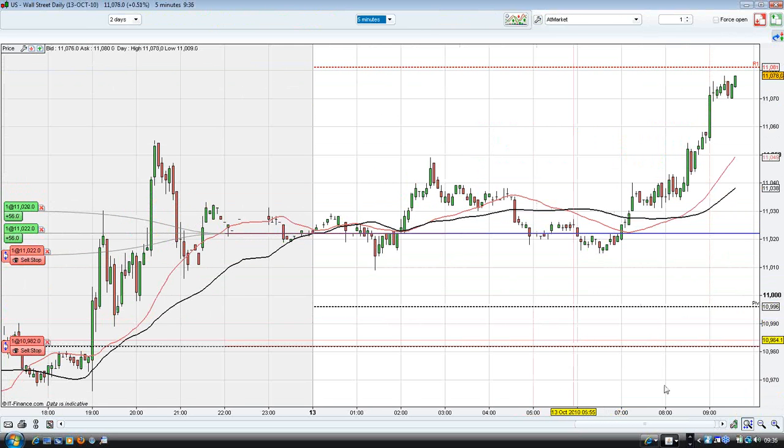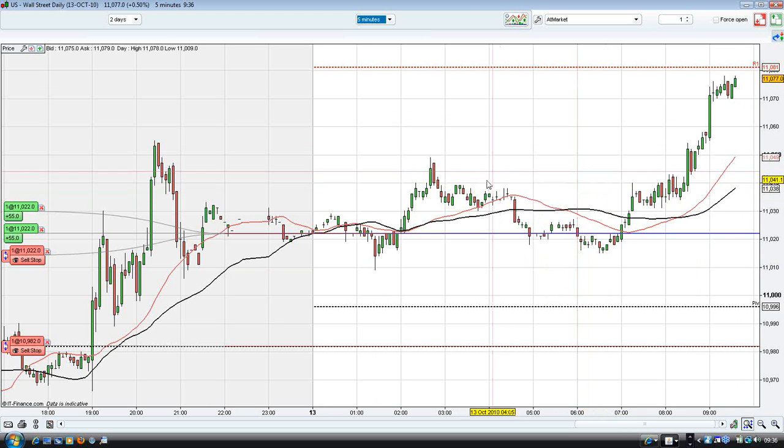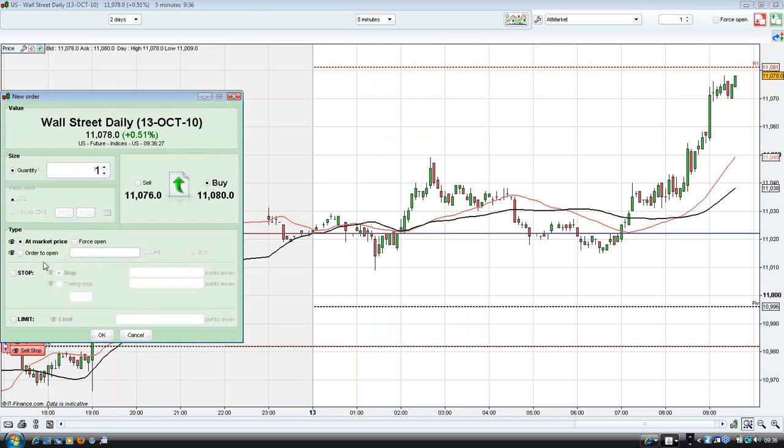We'll have a look at the Wall Street. Now for the Wall Street, you can buy just above the first resistance. Normally you don't trade the Wall Street prior to 2:30. That's when the market officially opens. But you can, in exceptional circumstances, trade it before then if a report such as this has just come out. So in view of the economic report being released, you can trade the Wall Street because that also affects Wall Street, and we'll be buying just above